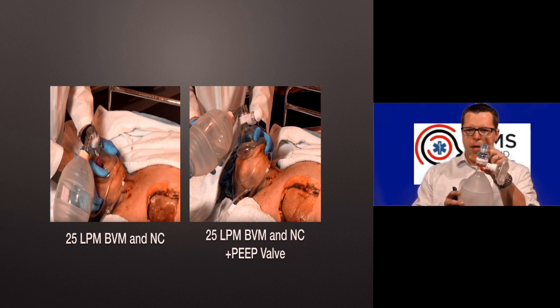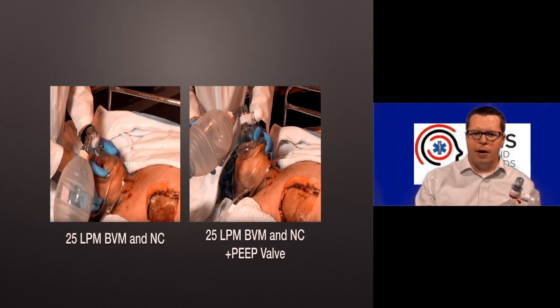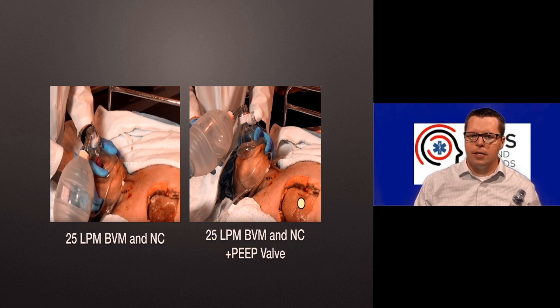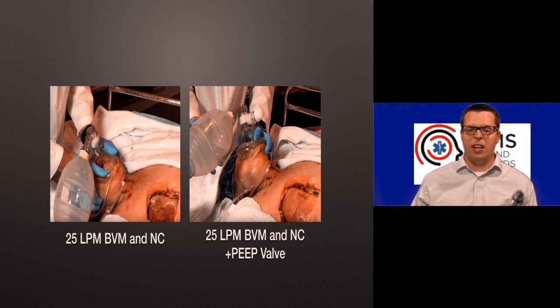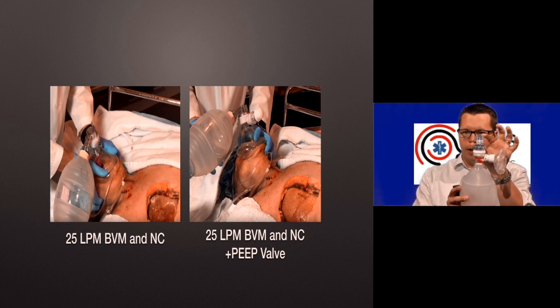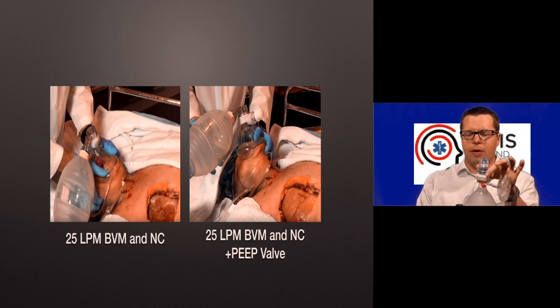If they add a PEEP valve to the end of it, they now have a flow of oxygen here to fill the bag. They have a flow of oxygen underneath the mask to provide a constant stream of oxygen, and they have a pressure regulator here in the PEEP valve so that the lungs actually expand a lot better, and then you get close to whatever you've set the PEEP for on here because you have that constant flow